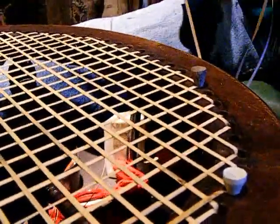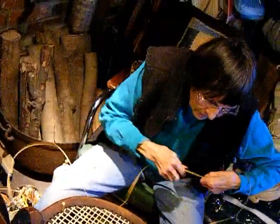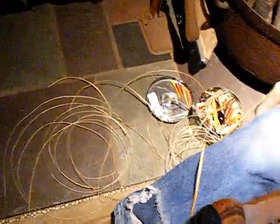By the way, I use caning pegs and golf tees. Oh, there is such a thing as official caning pegs? And when you take your cane down through the hole, you always have to have the right side showing. In other words, you don't want any twists in the cane. You want it to come out. And you just loop it like that up over your shoulder and down to the side. This is a long piece of cane right now. I'm skipping a hole to get it into the...